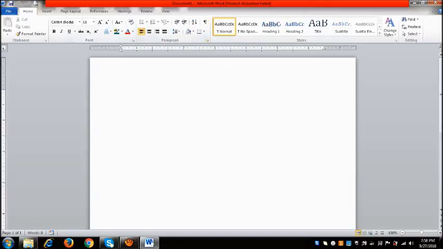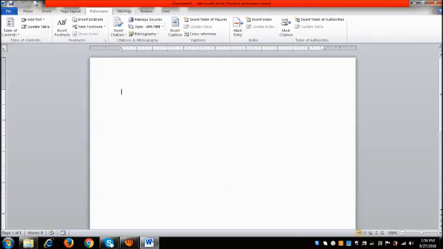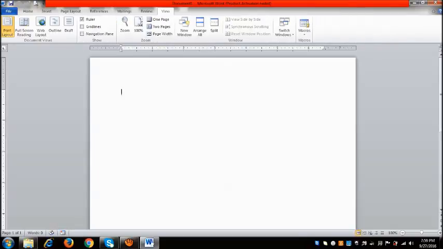This group is known as Paragraph, which contains commands related to the paragraph, or we can say the formatting of the paragraph. This group is known as the Styles group, which contains the basic layout styles. So in this way, the ribbon consists of two things, groups and commands. Every group contains commands of its type, right? In a similar manner, we have the same procedure for Insert, Page Layout, References, Mailings, Review, View.